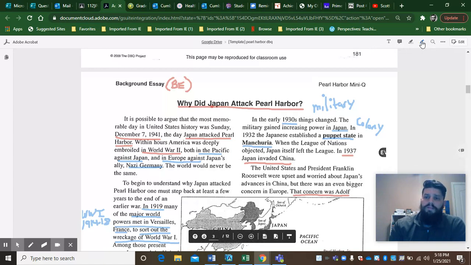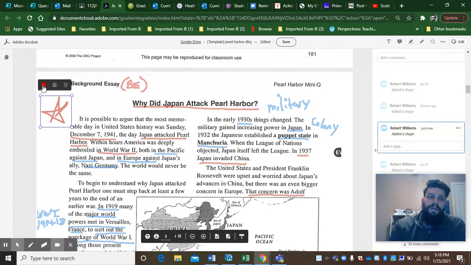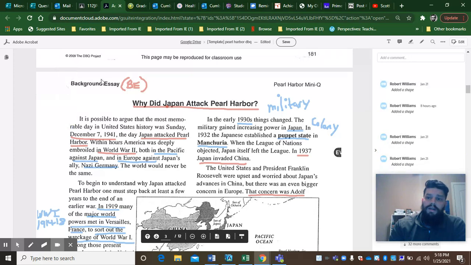The drawing tool is what you see here. All they do is click on the drawing tool. They can make any marks they like. Let's say, for instance, they want to put, oh, that's very important, I want to put a star here. Once they put the star there, all they have to do is click off of the marker. They can click on the image that they put on there. They can change the color if they like by just clicking on it, make it blue. Or if they just want to get rid of it entirely, they can click the blue trash can.